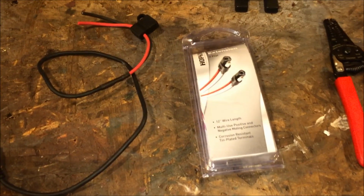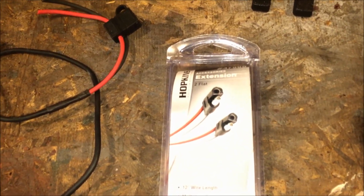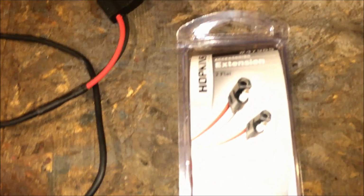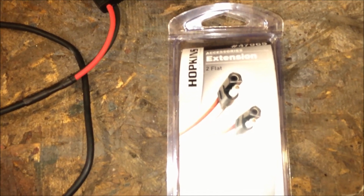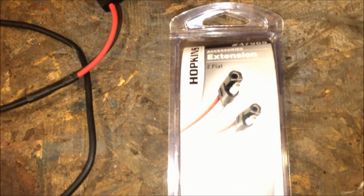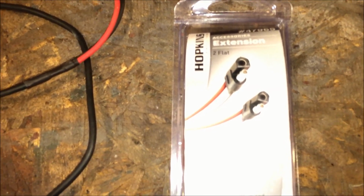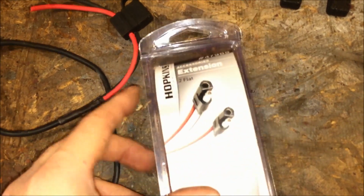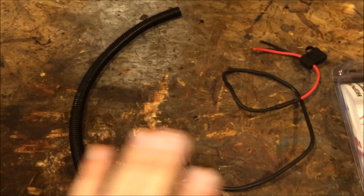And what you want to buy is, I picked this one up at Advanced Auto Parts. It's in the trailer section. It's a standard 2-wire flat connection with just 2 ends on it. And what we're going to end up doing is cutting one side of it and splicing it in to the wiring harness. So the part number on this is 47965. This was $3, right? So you're also going to need a little short piece of flex loom to make everything